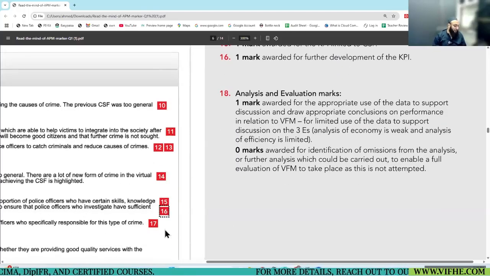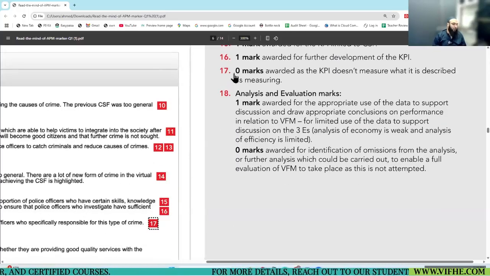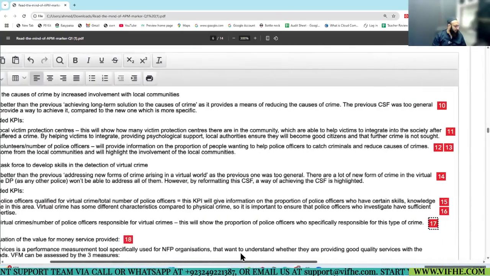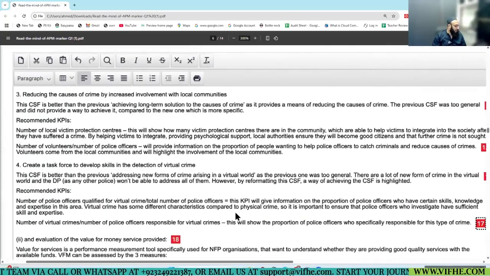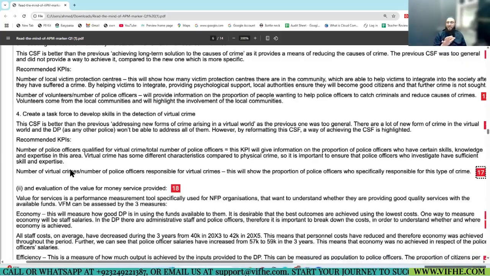What about the second KPI? Oh, finally I saw 1-0. No marks for this. Why? The KPI doesn't measure what is described as measuring. This KPI is not the right one, because this is a confusing one. Number of crimes divided by number of police officers.